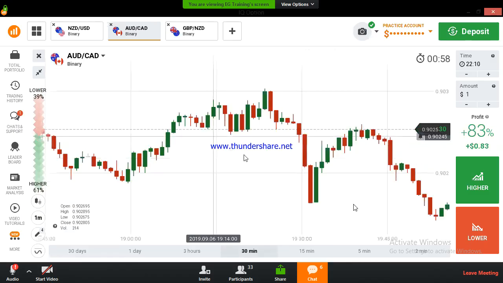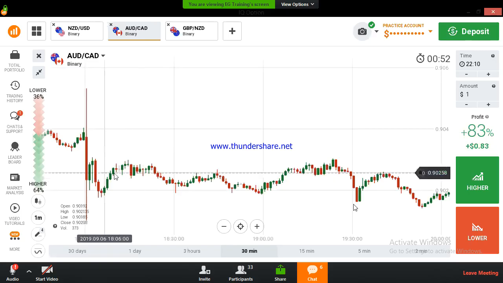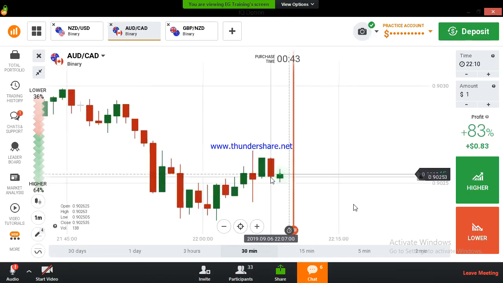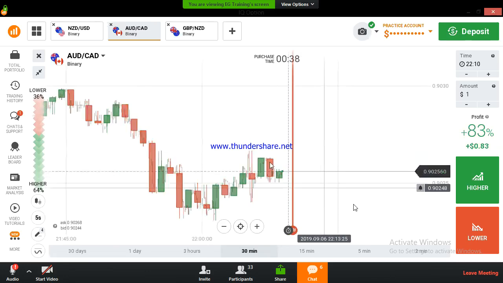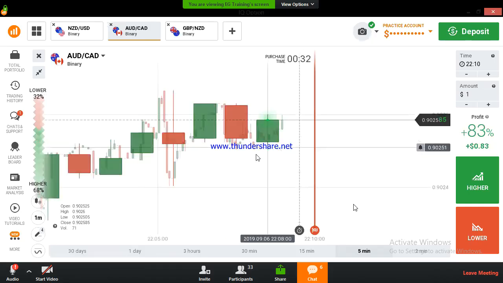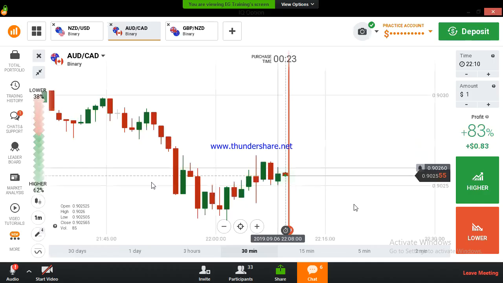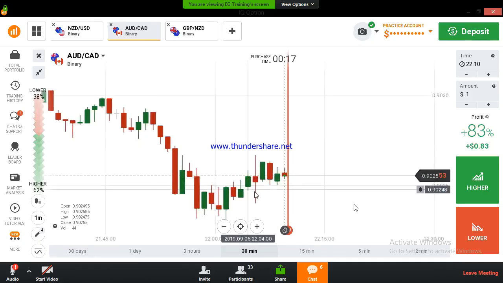So if you check the price bar, the price bar is at the reversal point. There are so many reversal points. So the price bar being at the reversal point means the price may reverse at any time, but we need to see a confirmation to place a higher option. If you see the price bar at the reversal points, there are so many reversal points. If you get any confirmation, then we can place our trade. You don't need to draw a level every time, but until you get experience, always draw levels. Always take a confirmation. You don't need to take a confirmation every time.